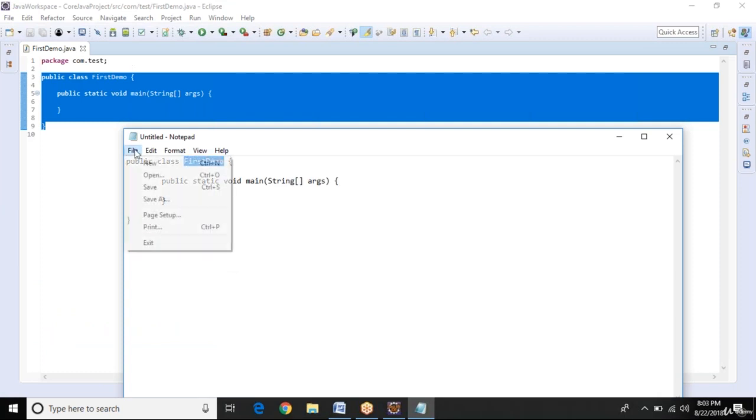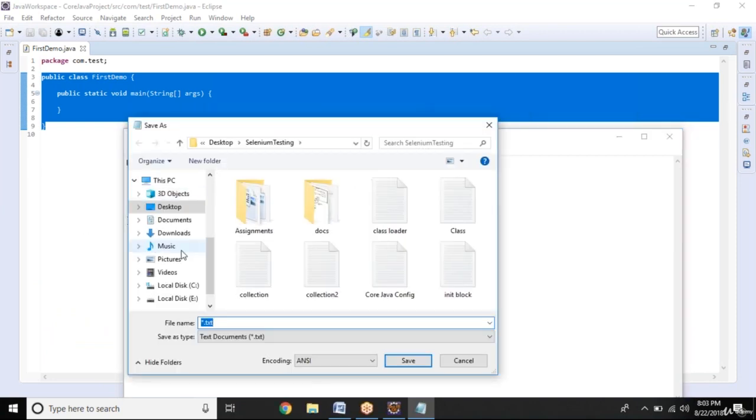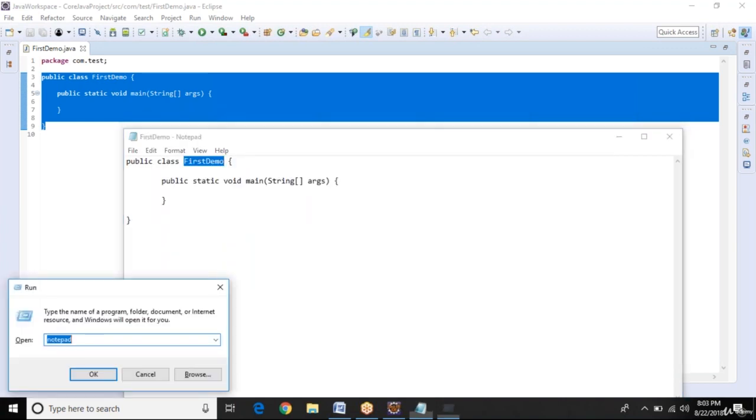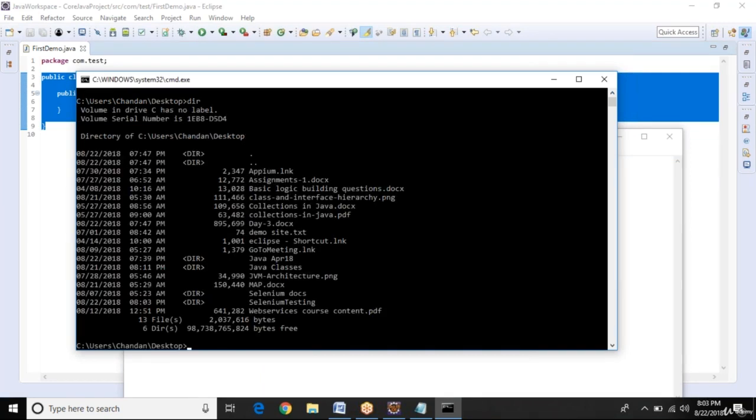I'm going to save this program as FirstDemo.java. Now go to cmd, then cd desktop, and then write javac FirstDemo.java.